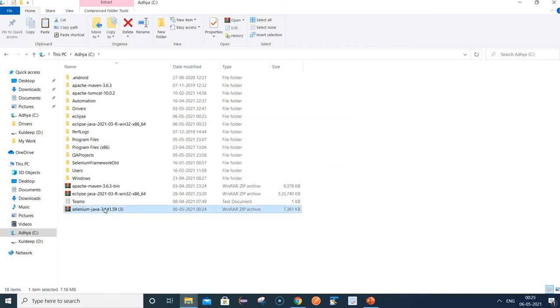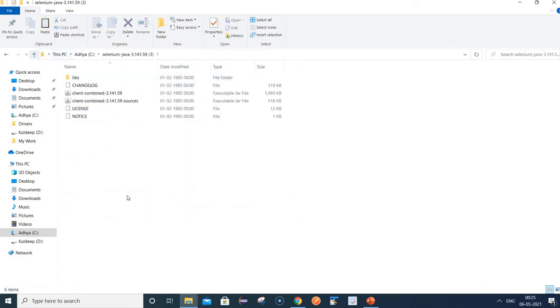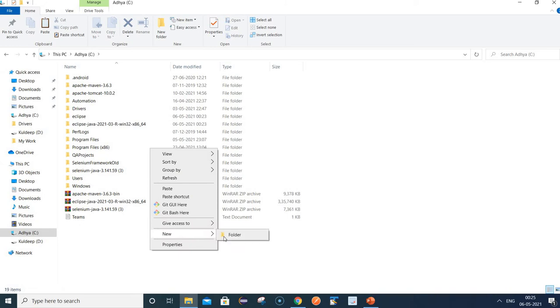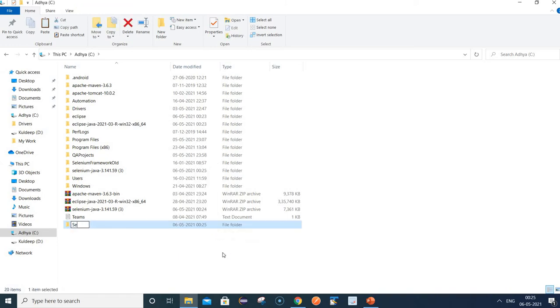Now I will extract this folder, and I will create a folder like Selenium jar. You can give any name as per your choice. Selenium jar file.